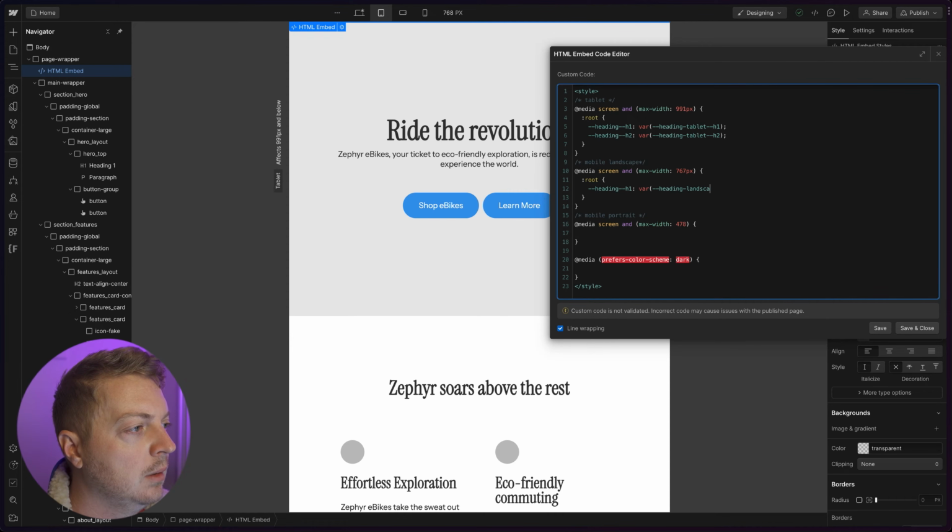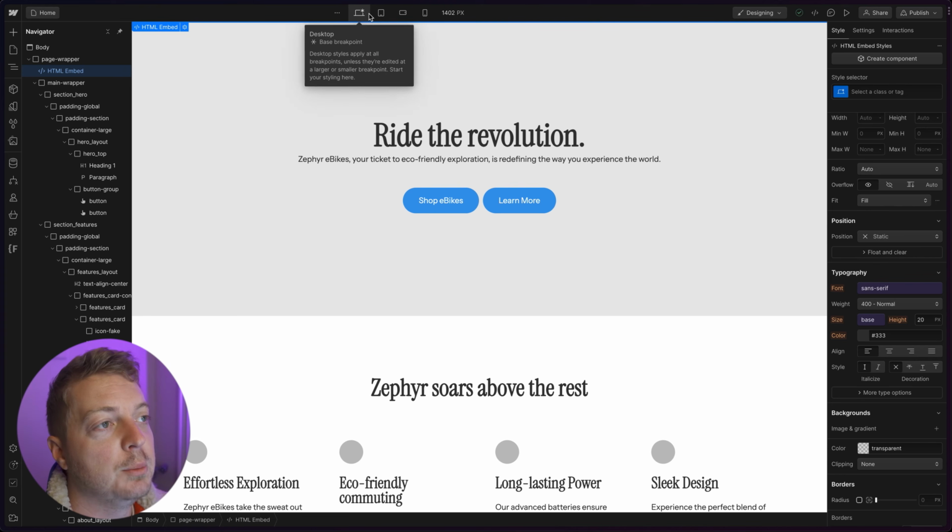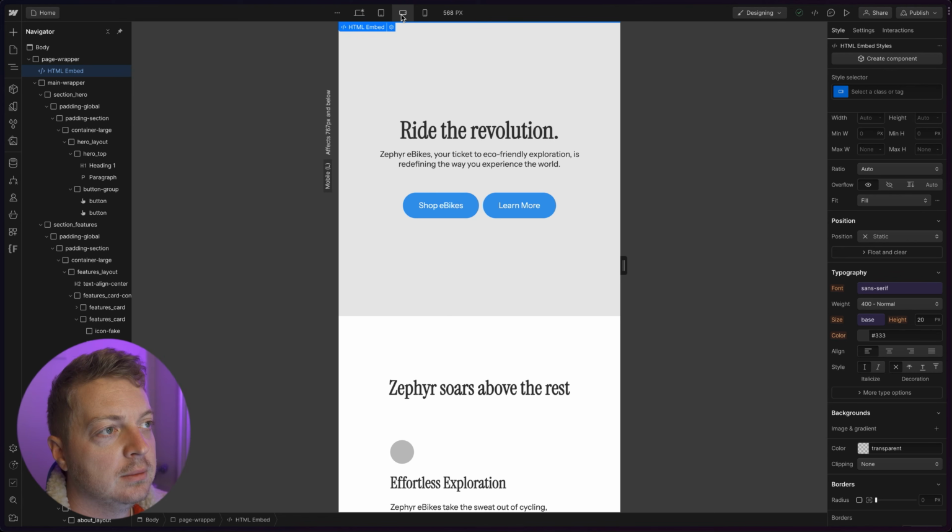Say landscape. And we'll save that and we'll close it, just so I can show you. We go from desktop to tablet to mobile landscape, and they all change font sizes. And the beauty of this is that even though we're going between different breakpoints, the font size isn't actually changing